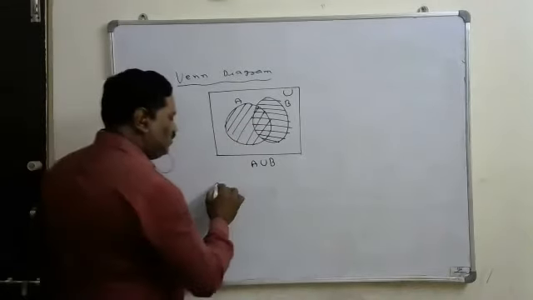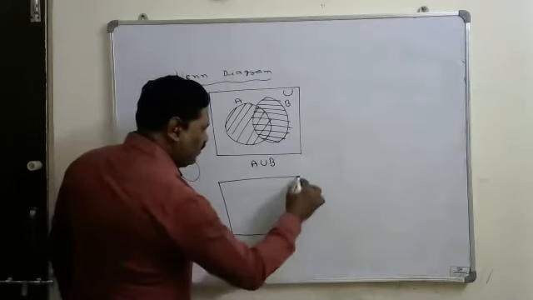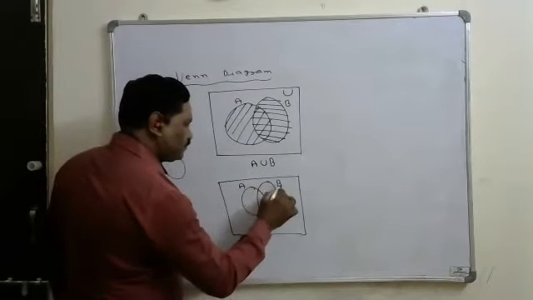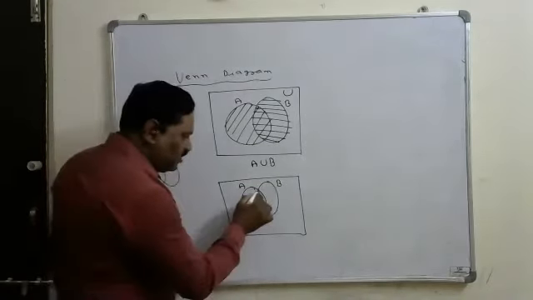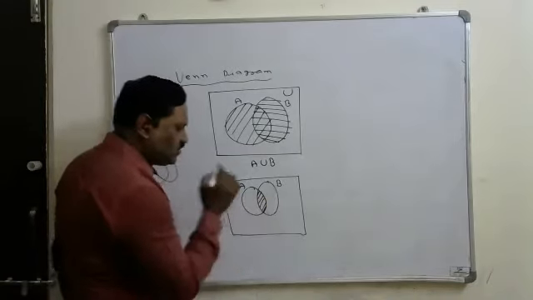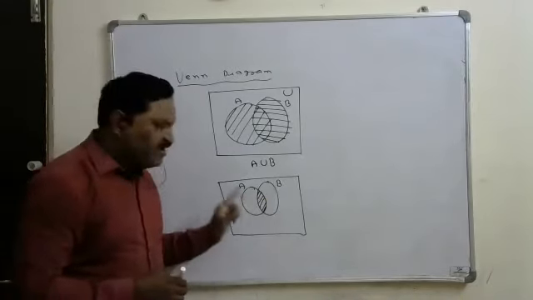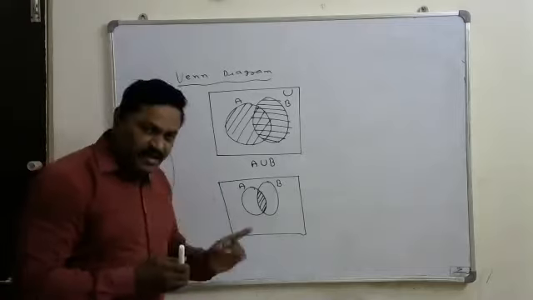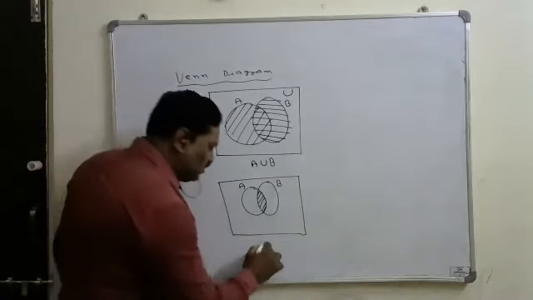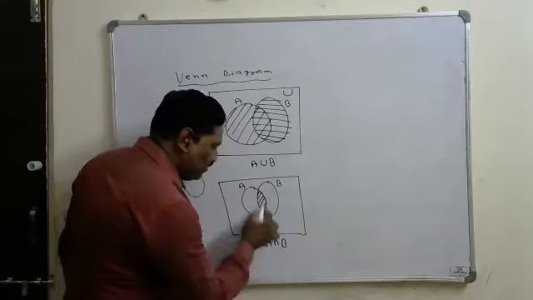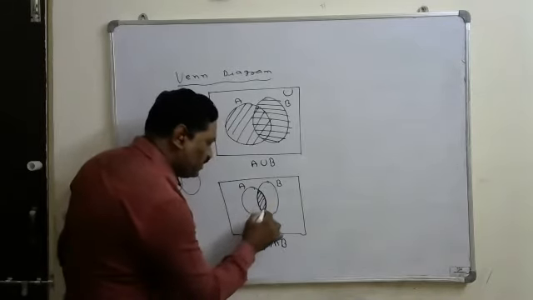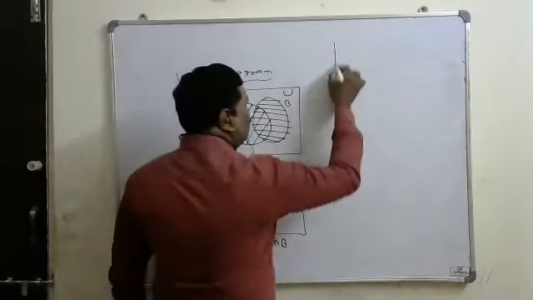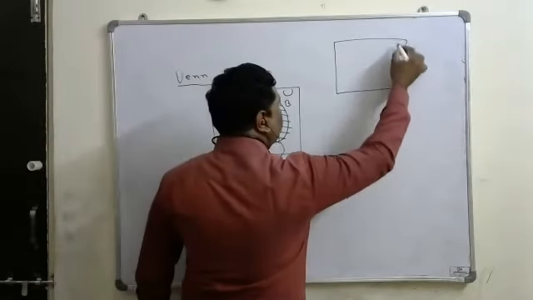Similarly, in the Venn diagram, suppose there is a universal set, a set A, and a set B. If I consider this common area, this is the area in common for A and B, that is, the area available in A and B also. That's why this is represented by A intersection B. So this hashed area represents A intersection B. Understand?